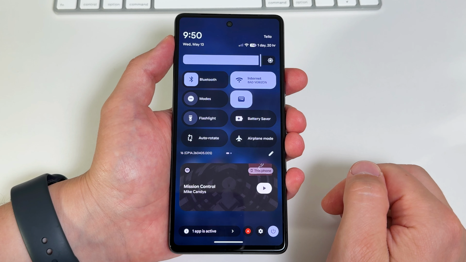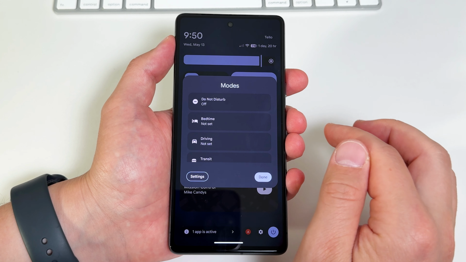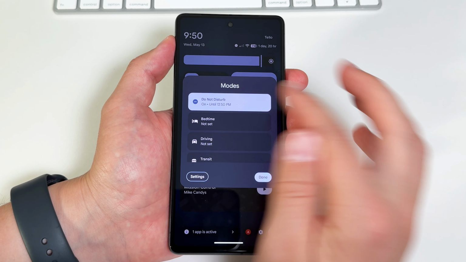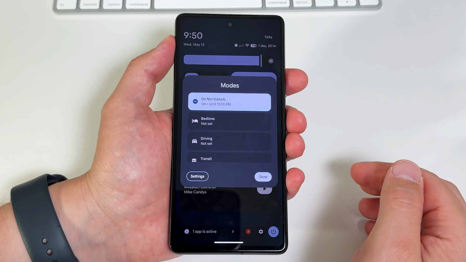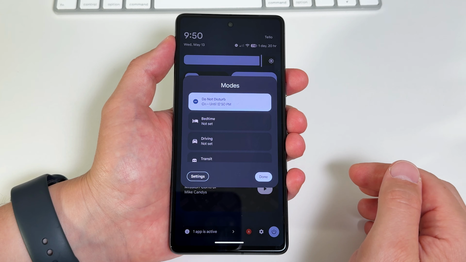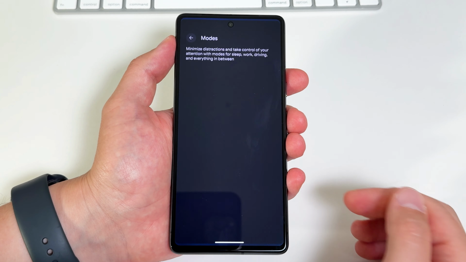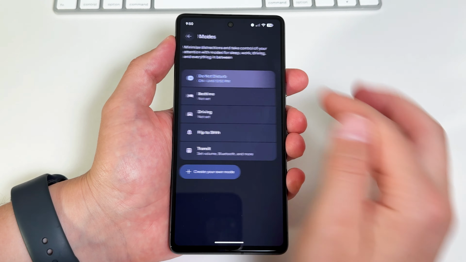Swipe down from the top right corner to open Quick Settings, and swipe again if you don't see the full panel. Then, depending on your phone model, you'll either see a menu for Modes, which allows you to turn on Do Not Disturb, or if you're using something like a Samsung phone, you'll just see a dedicated button for Do Not Disturb. This is a good temporary solution because it can be quickly toggled on and off, and you can